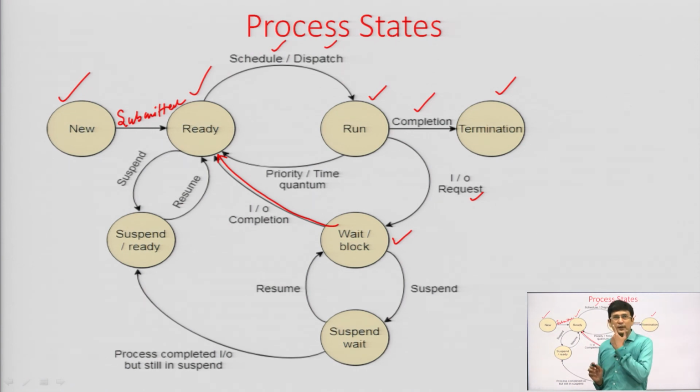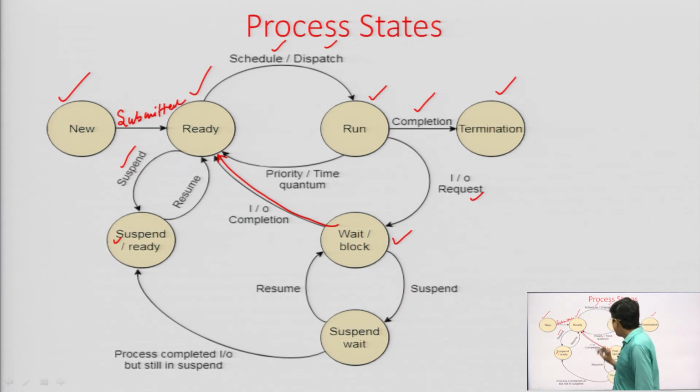Now, as I have already told you, if a high priority process is coming and we do not have any space in the memory, there are some processes in the ready state in the main memory. We will have to create space in the main memory for bringing the new, high priority process in. For doing so, we will send one of the processes from the ready state to the hard disk temporarily, and this process will be brought back again when the memory is free. So, we are suspending the process temporarily to the hard disk.